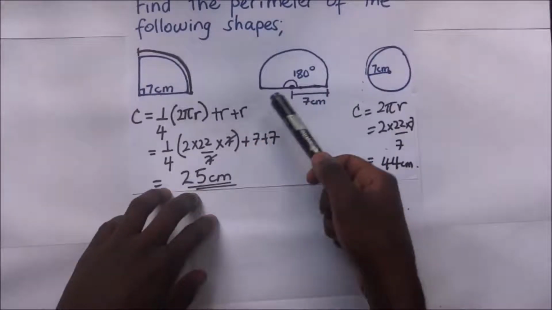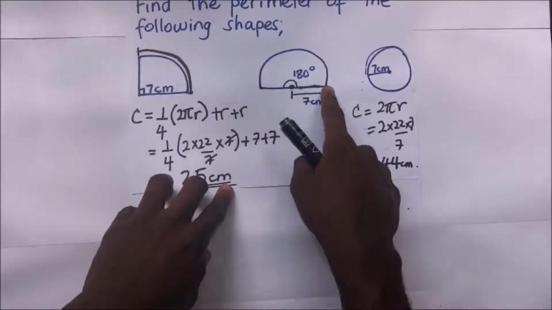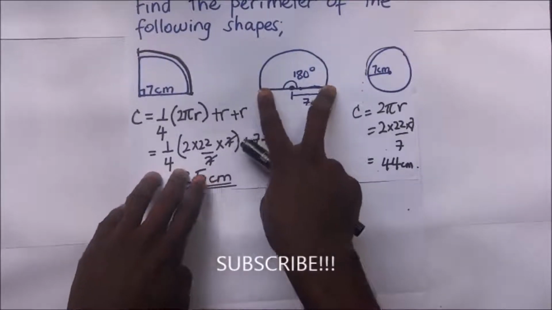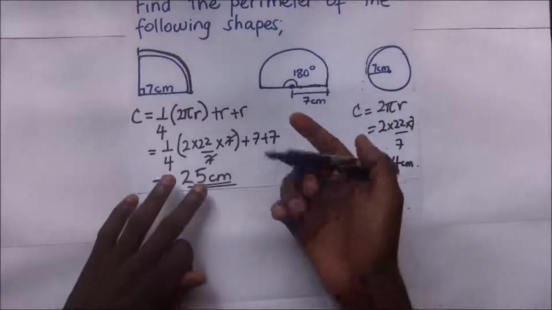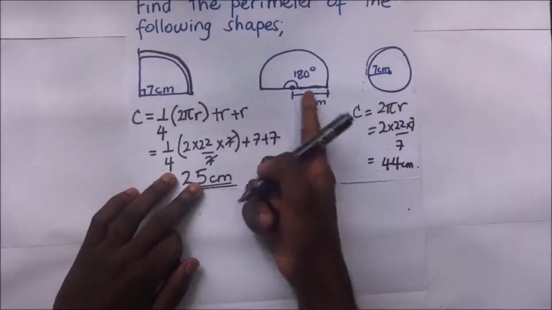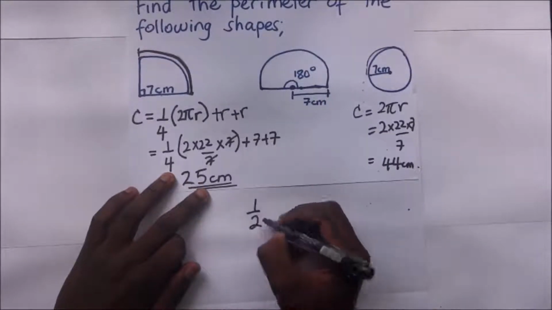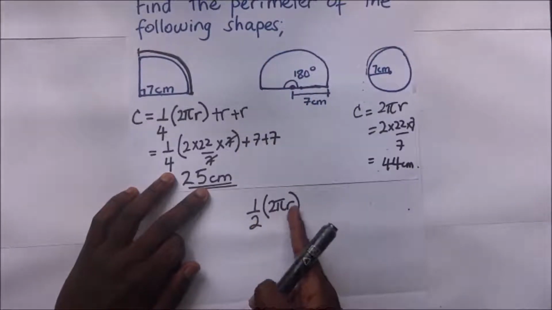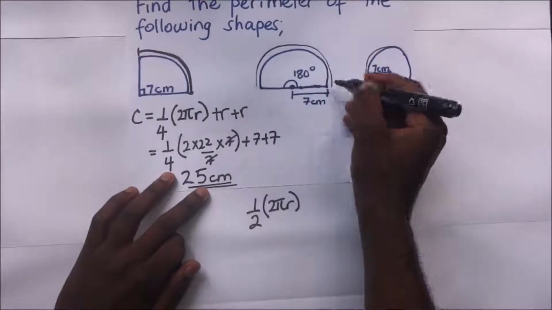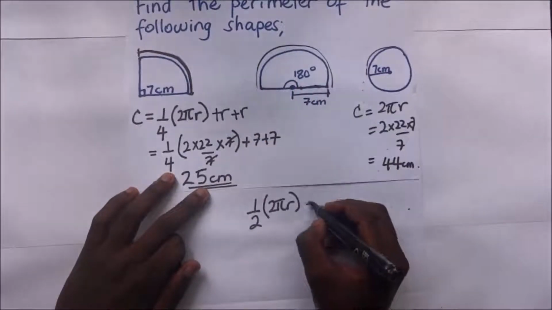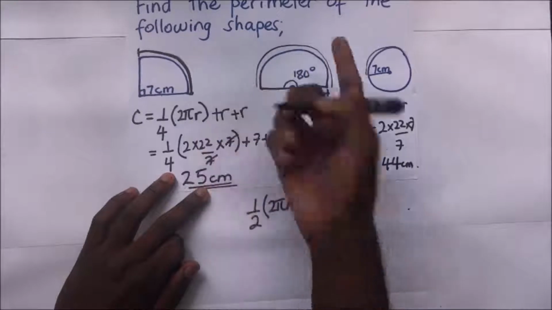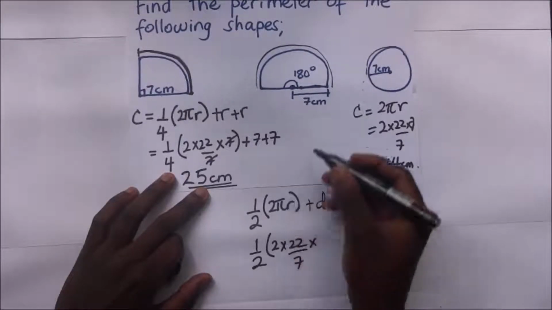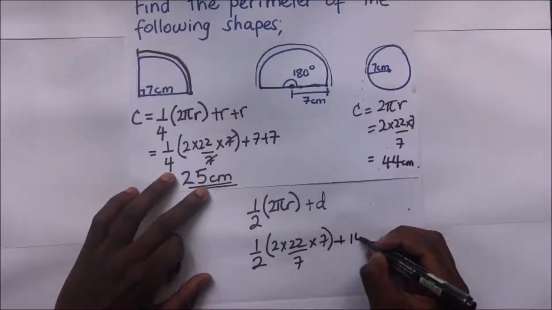If you are to find the perimeter of this circle, it means that we are going to find the distance of that curved surface, then plus the distance from here to here. This is the diameter of the circle, which is 7 plus 7. The whole of this is 14. So this is half of a circle. So it's going to be a half of the circumference of the curved surface. A half times 2 pi r. Now a half times 2 pi r accounts for half of the curved surface plus the diameter, to find the distance around the whole, which is the perimeter. So it's going to be a half times 2 times 22/7 times radius, which is 7, plus the diameter, which is 14. And you will